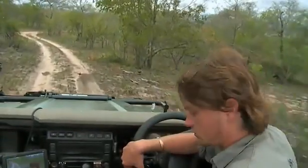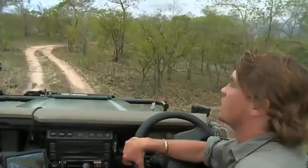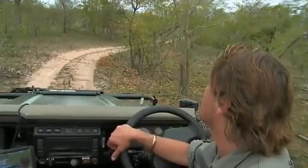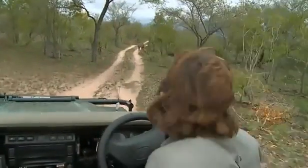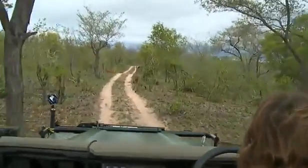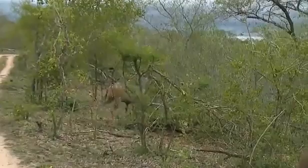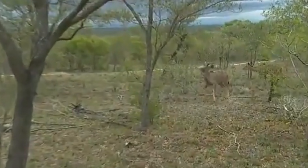Looks like a Nile, inside my lady. So, hi, Deborah, the armchair traveller, is wondering about this grass growth around us. Oh, hello, Kudu. There's a female there, and a little male to the right with another female as well. Well, there we go. While we look at these kudu,